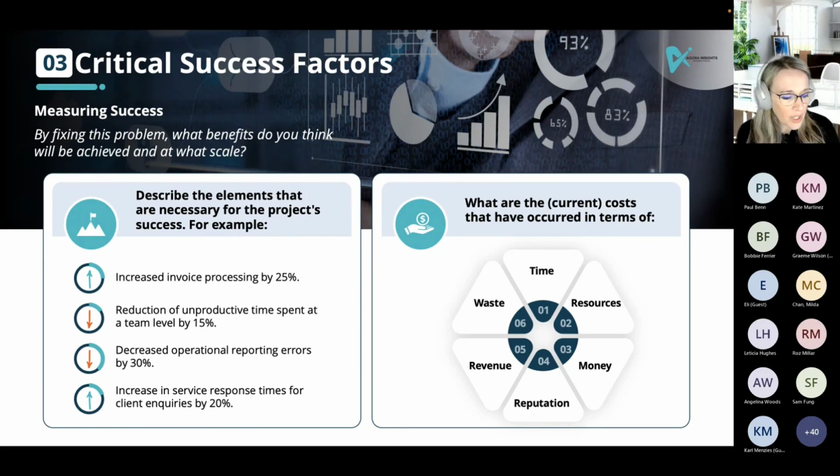So what are critical success factors? This is different again from project management, and this is what I think is so important. Although this will probably be part of a business scope document or a business case or a project charter, all of these things matter. The knowledge brief is to bring this information together in a cohesive way. And one of the critical things is that we need to be able to measure what success looks like.